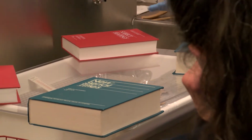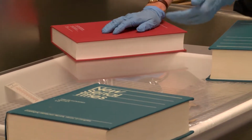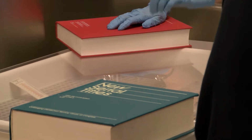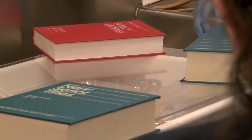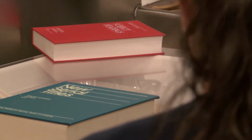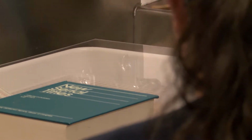But anyway, this is a small area, so I'm building up humidity in a smaller space. That moisture, not directly wet, but just humidity, the paper is absorbing, and that will help it to start relaxing. I've had this in since about 8:45. I'm going to give it a couple hours, and I've got my gloves on. I have to feel it with my hands, not with the glove. But,